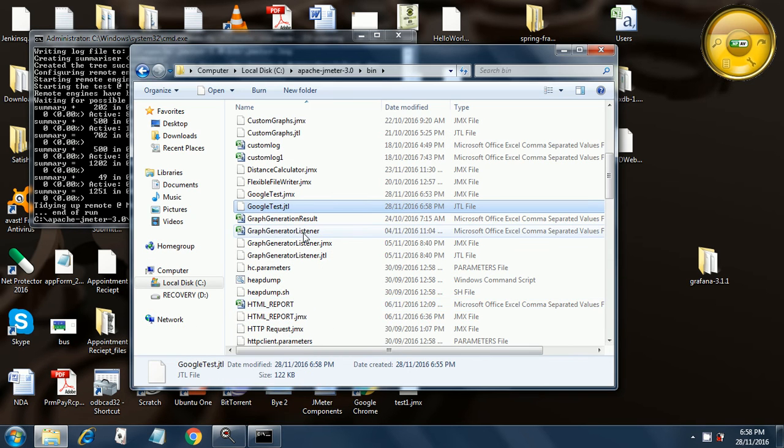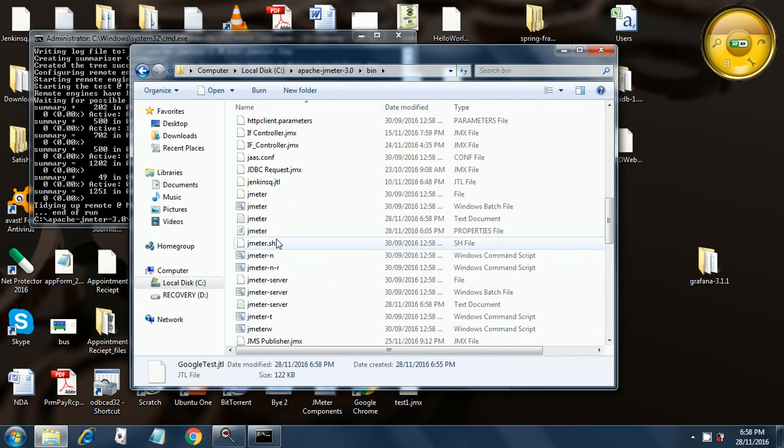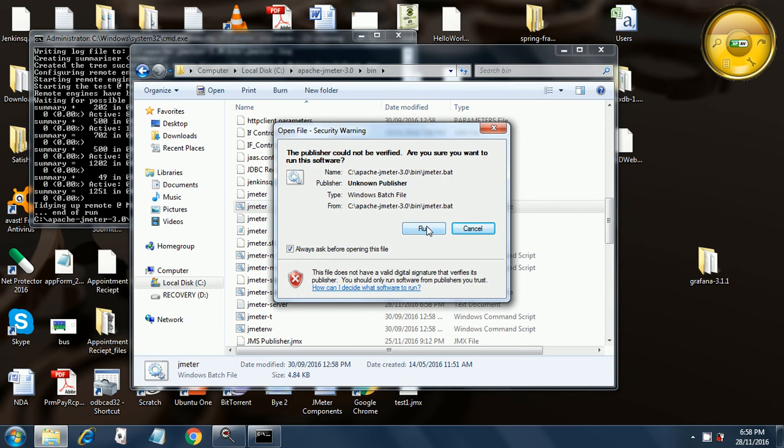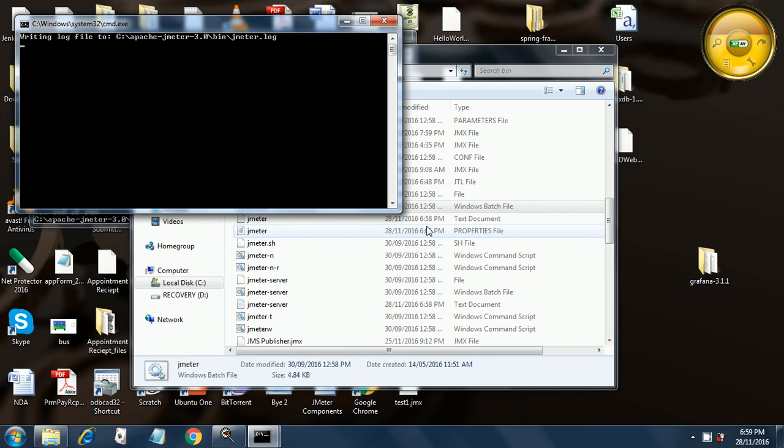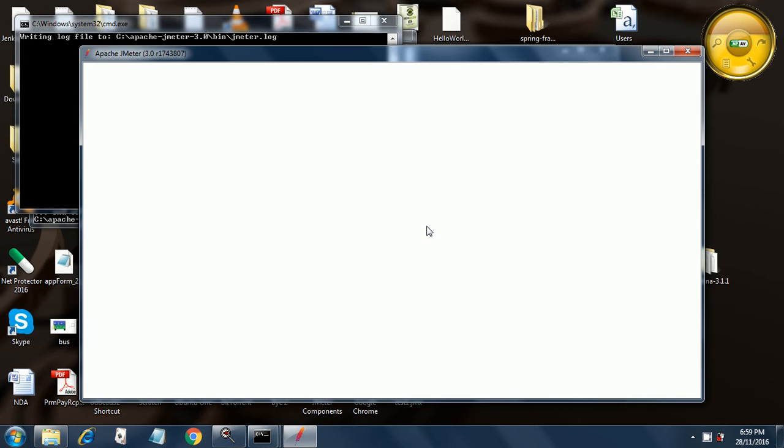What you need to do now is go ahead and run the jmeter.bat file. Okay, I have run the jmeter.bat file. Here it will open our GUI for JMeter. Yep, this time it opened quickly.